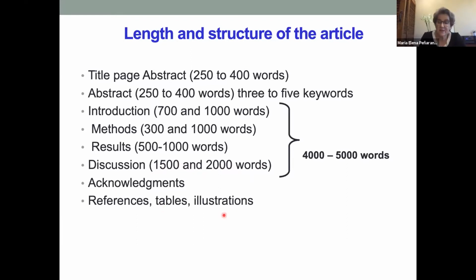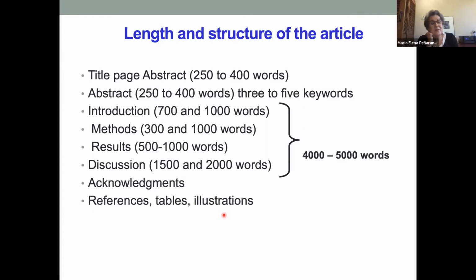Acknowledge reference and tables. Anyway, that's just a recommendation of how an article should be, but it's very important that you look at the journal that you're going to choose. And tomorrow morning we're going to do a selection, how you can choose your journal. It will tell you how long it should be. It will tell you how to write the abstract, the title, the